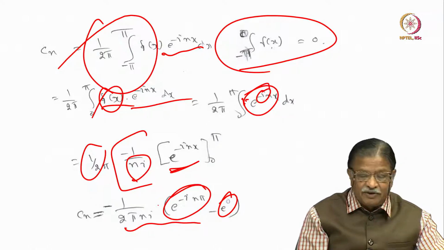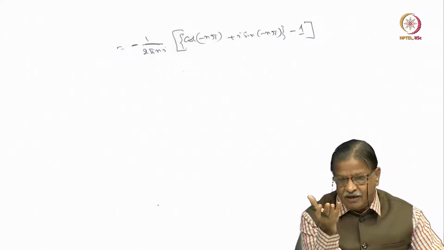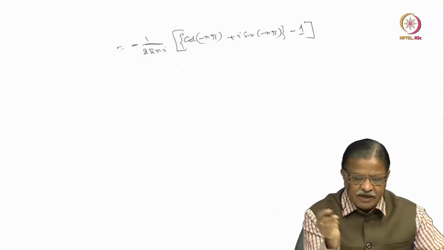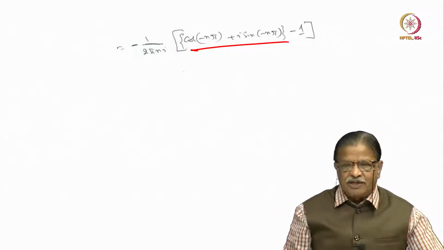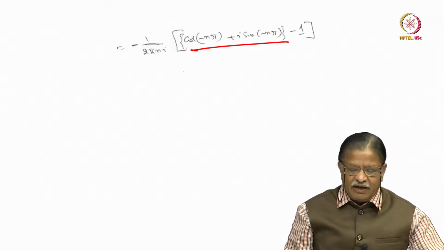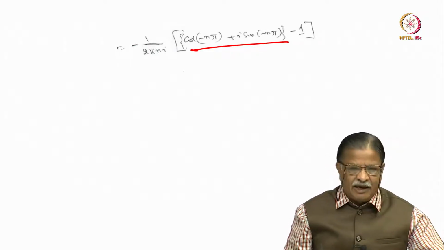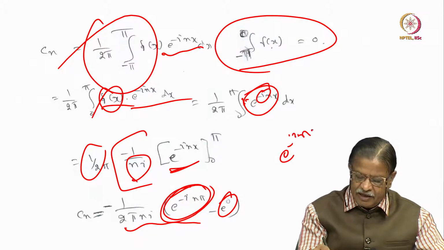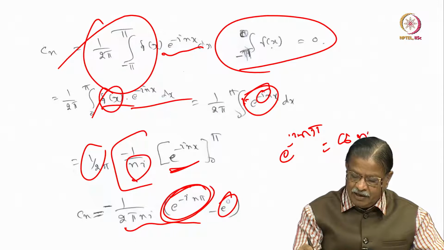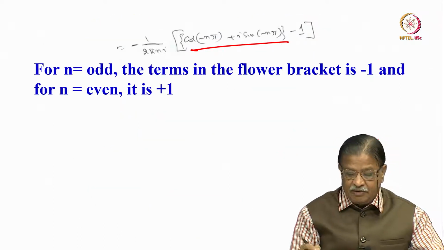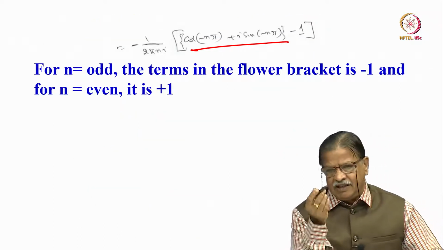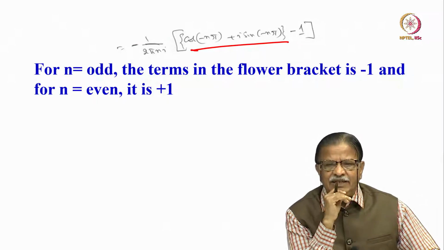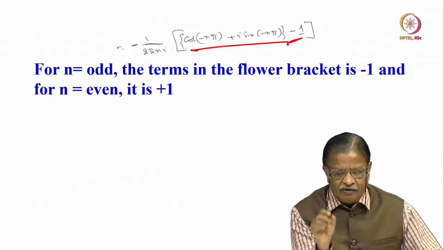This we can resolve into sine and cosine components. We know from trigonometry that e to the power of i x we can express as a sum of sines and cosines. So, this we expressed as cos of n pi plus i sin of minus n pi. This is the e to the power of minus i n pi. This is basic trigonometry you should know. This is the way we have to write it: the simple exponential form expanded as cosines and sines. Of course, minus 1 we already got.